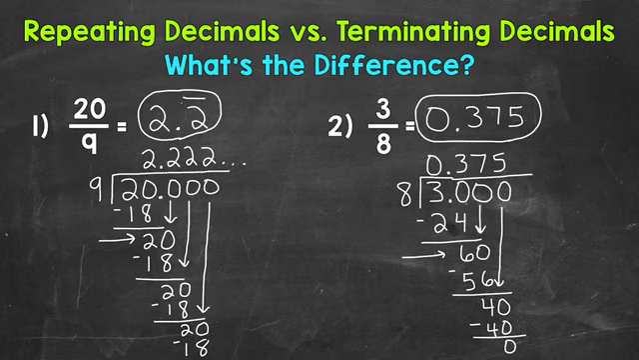So there you have it. There's the difference between repeating decimals and terminating decimals. And hopefully you saw the difference there as far as, like number 1, we had that pattern that continued on forever and gave us a repeating 2. And then number 2, we got that clean cut 0 there at the end finally and gave us a terminating